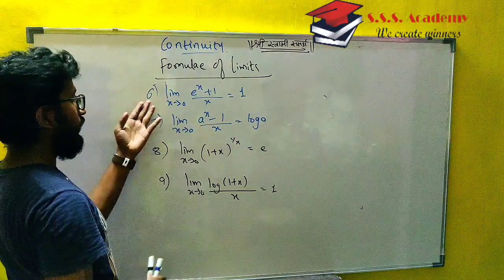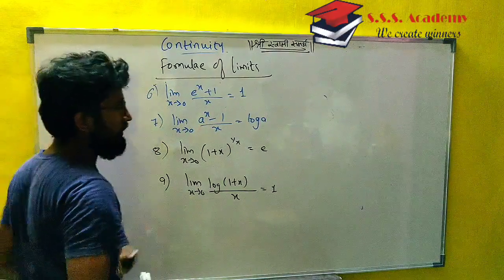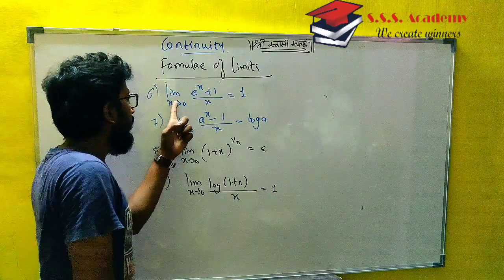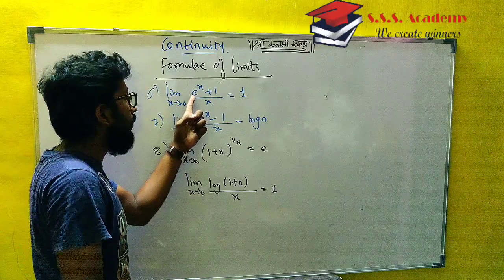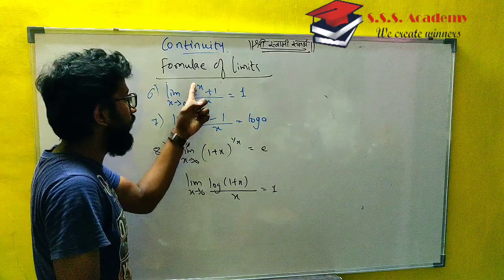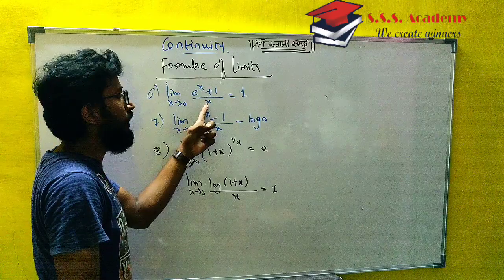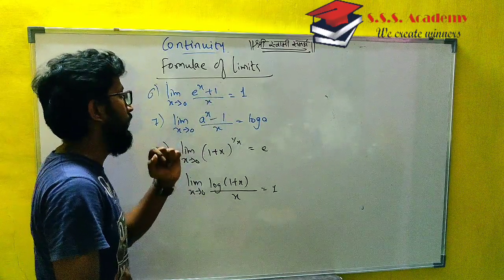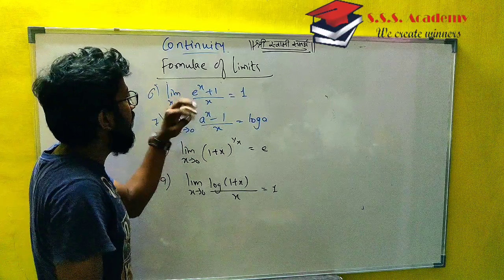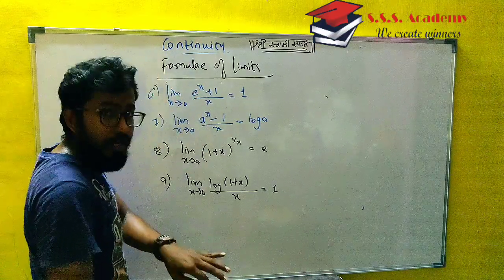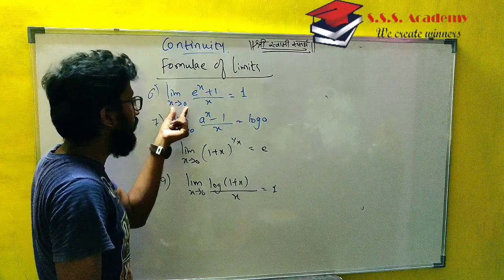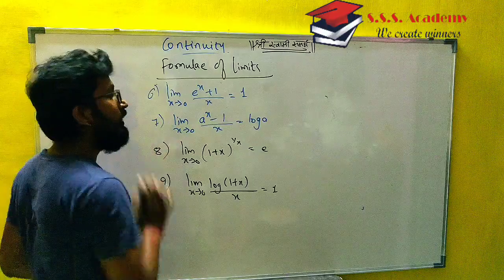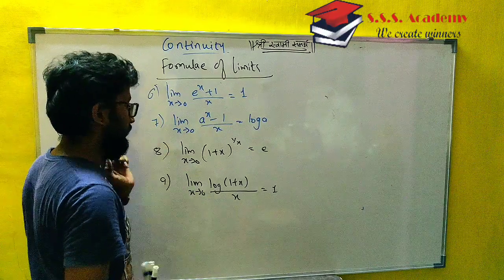Okay, now let's see the condition that must be satisfied so that we can apply the formula to the function. The e raised to whatever x is there must be fully repeated in the denominator, and plus 1 must be there, and this x which is in the power of e and in the denominator must tend to 0, then the value will be 1. The same condition applies for the 7th one also.